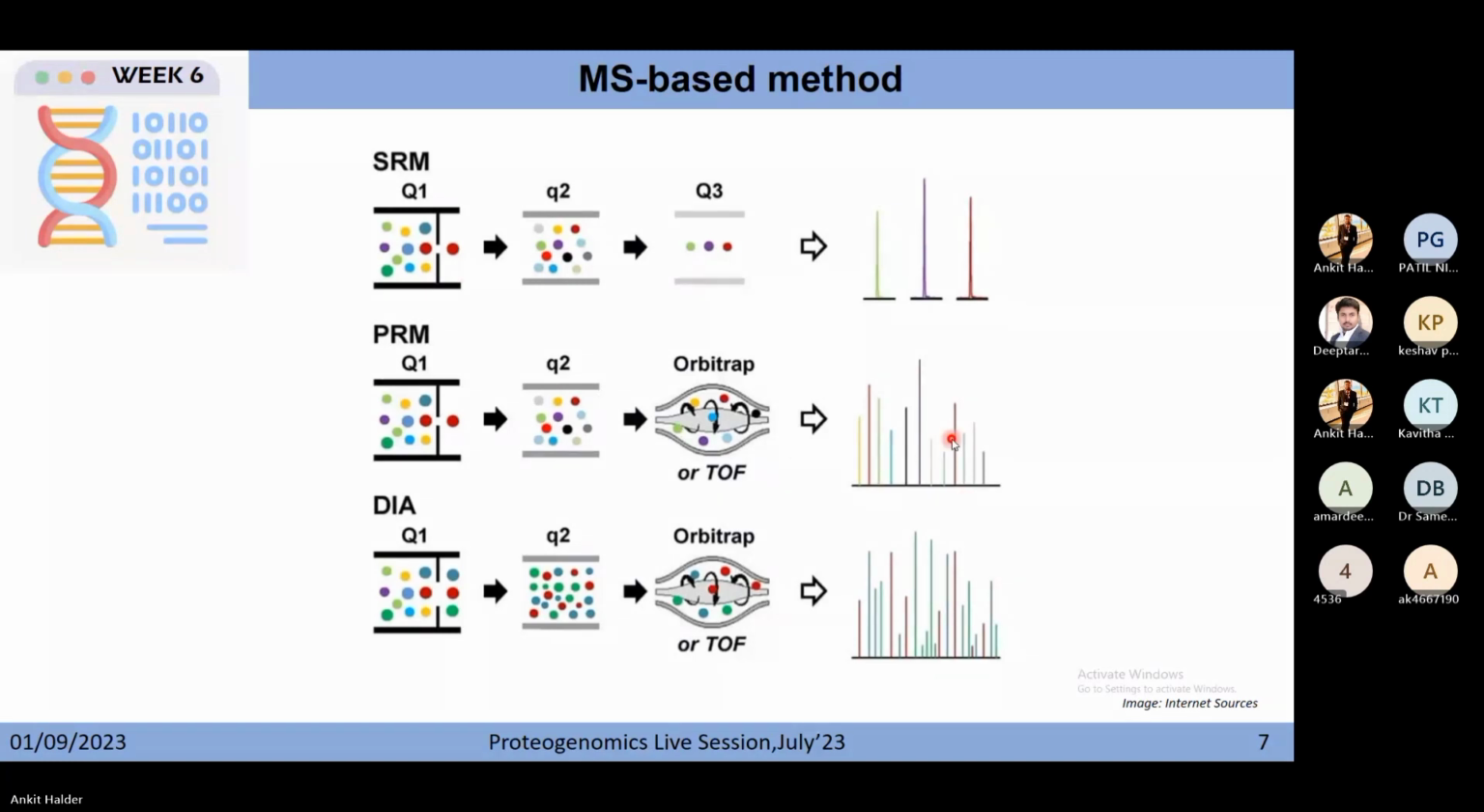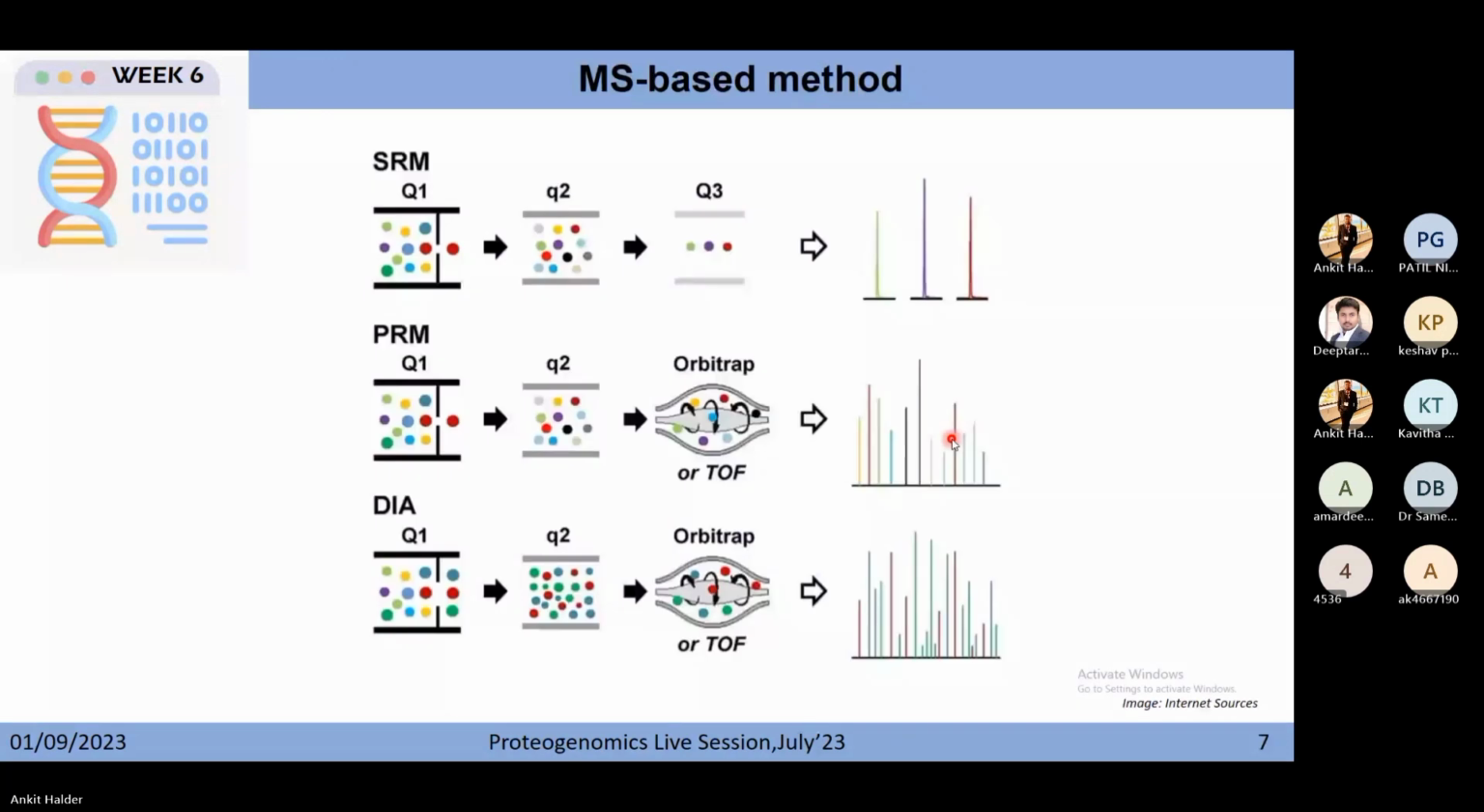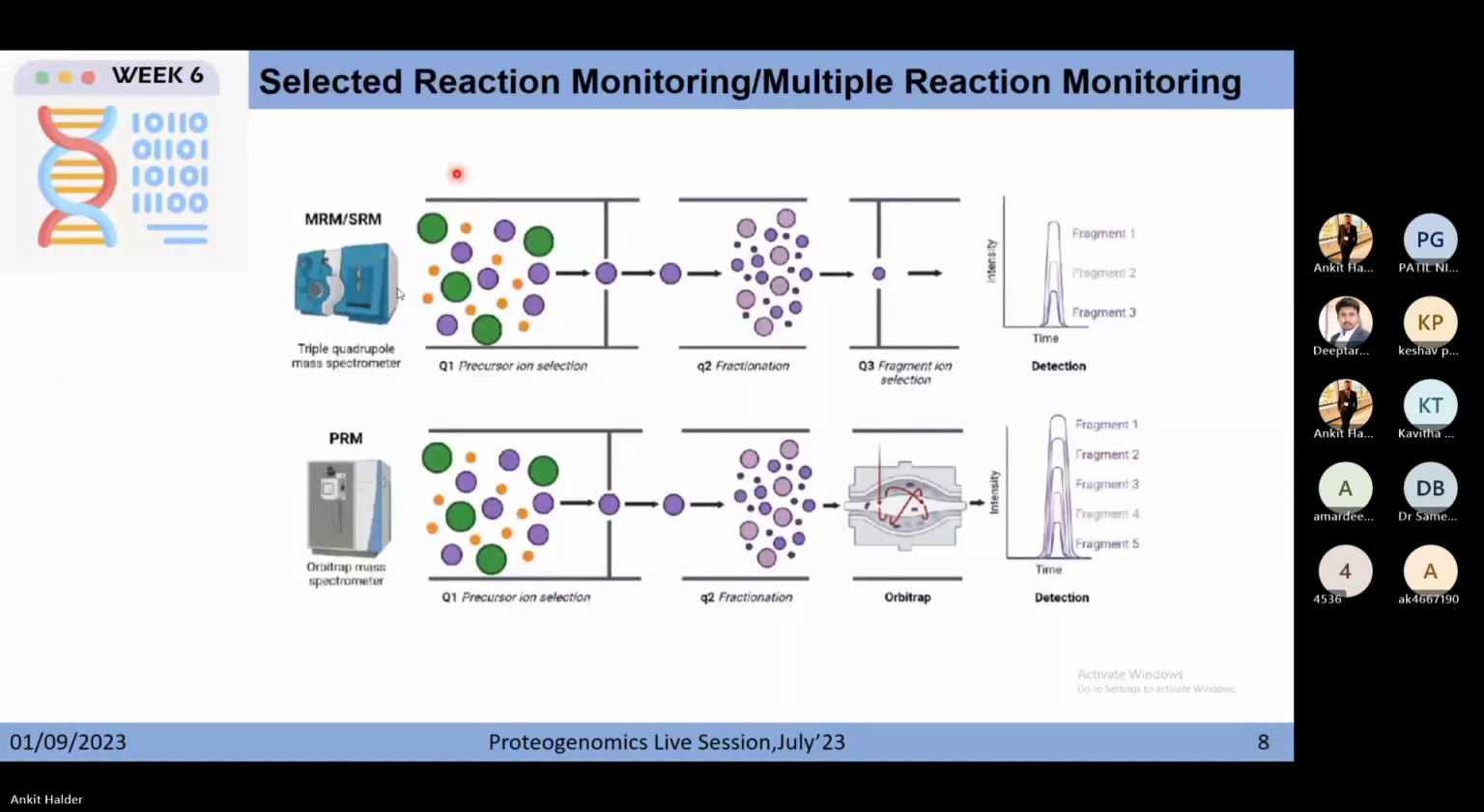So these are the two popular, highly used methods for your validation, other than your antibody based methods. Here we will look into them in detail. Firstly, the selected reaction monitoring or multiple reaction monitoring. As I mentioned, you have your triple quadrupole mass spectrometer. Just remember, in the triple quadrupole there are Q1 and Q3, separated by your